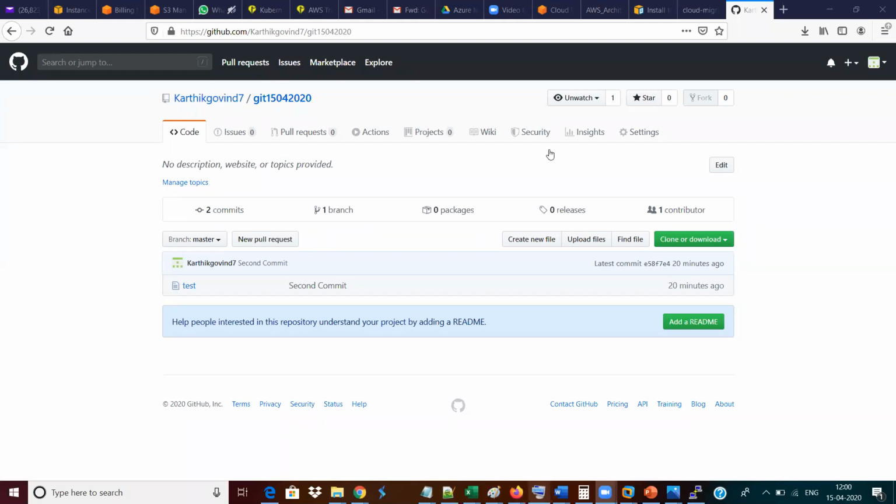Karthik, in real time, if we have multiple developers, each developer will have a separate file in GitHub, I mean, the remote repository. Yes.